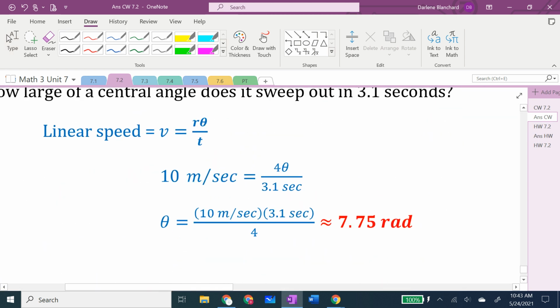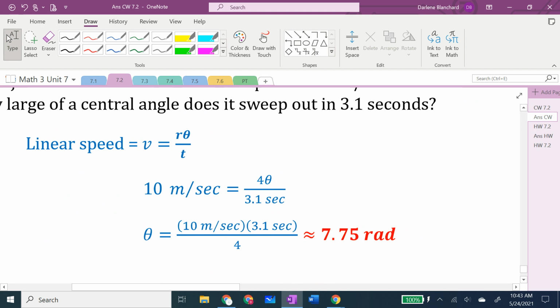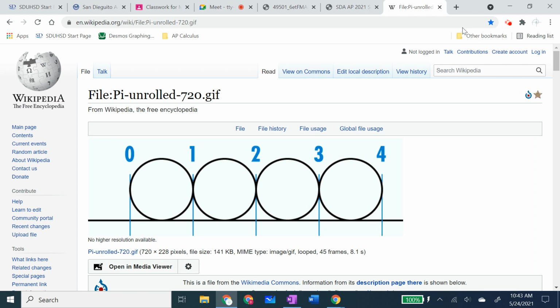And however you go thinking about it, there are different ways you can process it. Ultimately, you should be getting 7.75 radians. I'm going to end